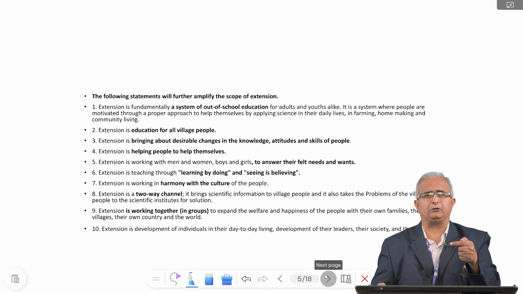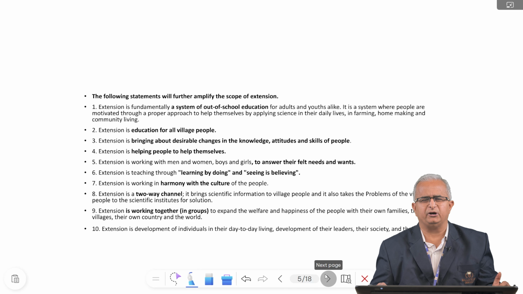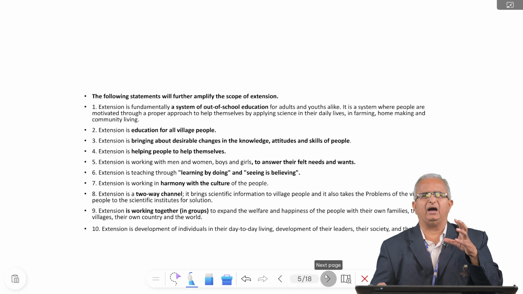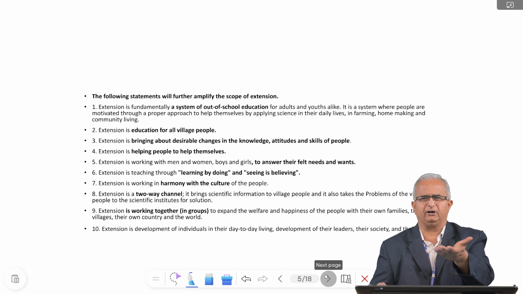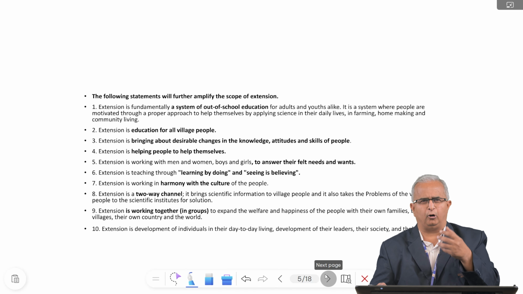When you do a particular activity, all the five senses get engaged, and with that you learn the things. That means you experience that. And after that, seeing is believing. For example, when the demonstrations are there, either method demonstrations or result demonstrations, in the farmers' minds they will have a doubt of whether they can utilize this particular input or technology given to them or not.